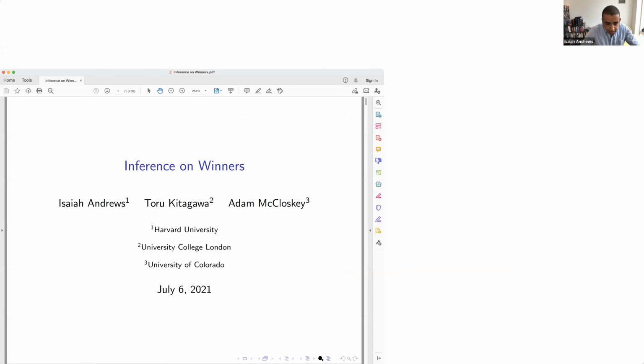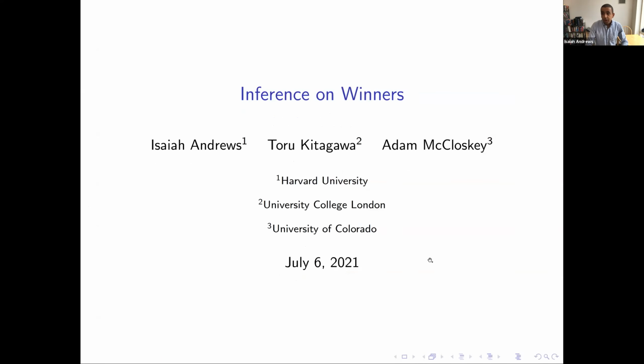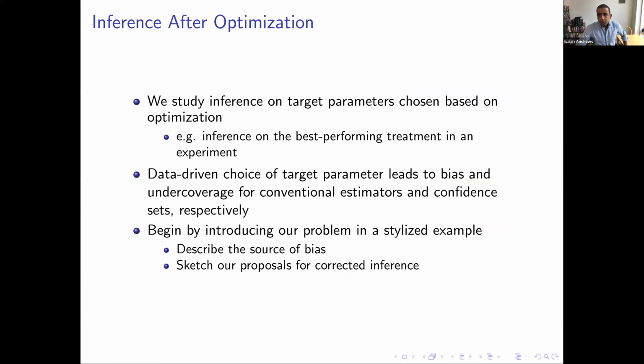Today I am very excited to present the project Inference on Winners, which is joint work with Toru Kitagawa and Adam McCloskey. In this project, we're interested in inference on target parameters chosen based on optimization. Think, for example, of inference on the best performing treatment in an experiment. Not surprisingly, the data-driven choice of a target parameter leads to bias and undercoverage for conventional estimators and confidence sets, respectively. To motivate what I'll be talking about today, I'm going to start by introducing the problem here in the context of a stylized example, where I'll describe the source of the bias and then sketch our corrected inference